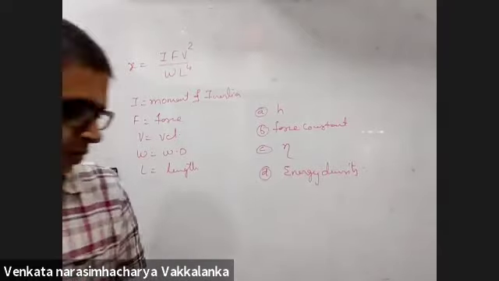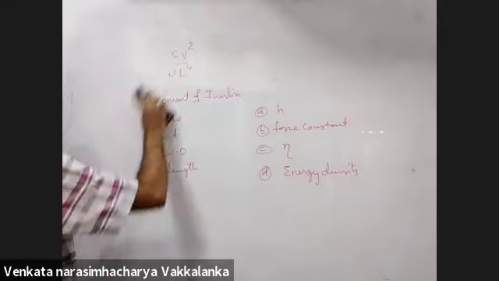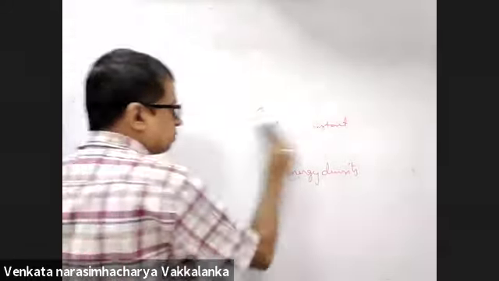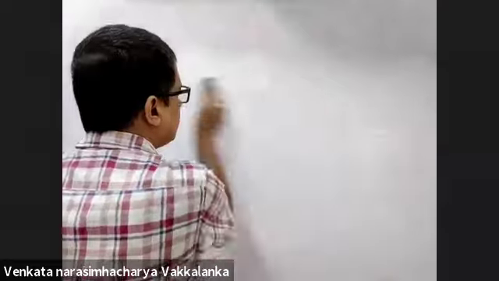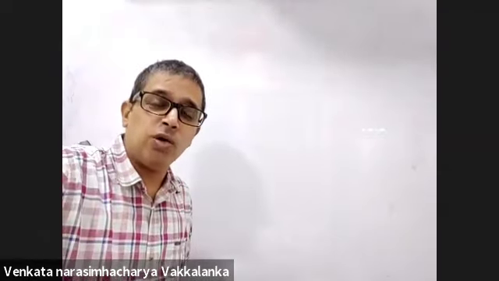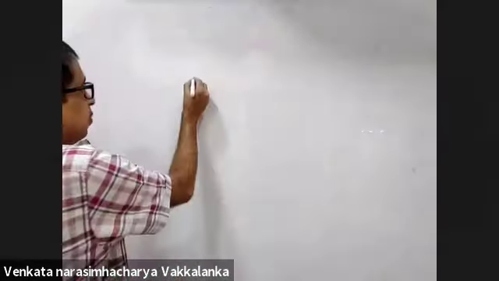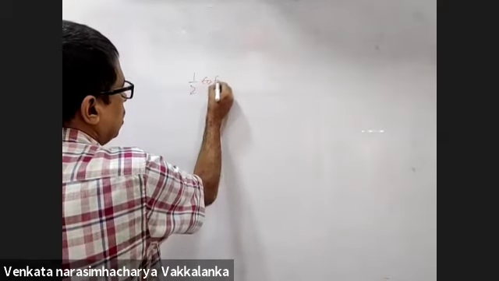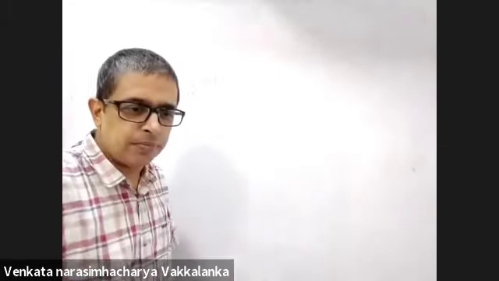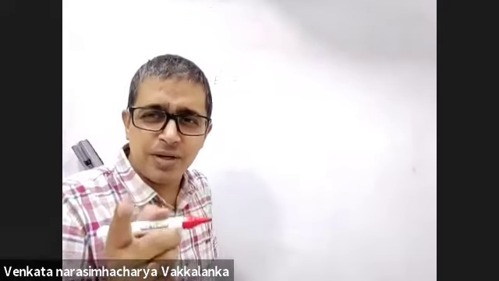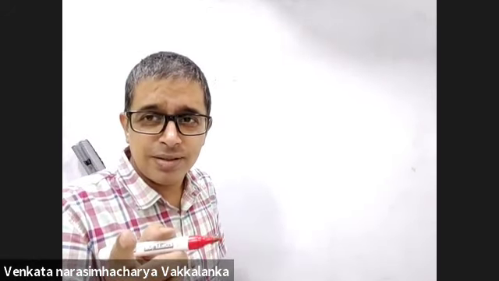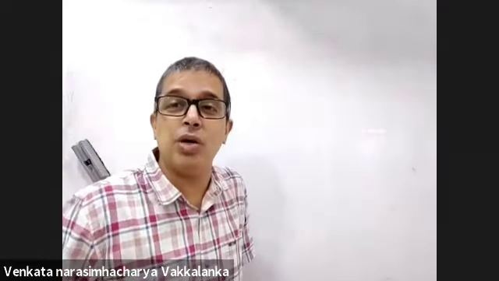Done. All of you got energy density. Yes, sir. Now, one more formula that they have been frequently playing with is half epsilon naught E square का dimensional formula. Half epsilon naught E square is equal to what? Energy per unit volume. Energy density. This दो बार JEE advanced में पूछा हुआ है, एक बार JEE mains में पूछा हुआ है.